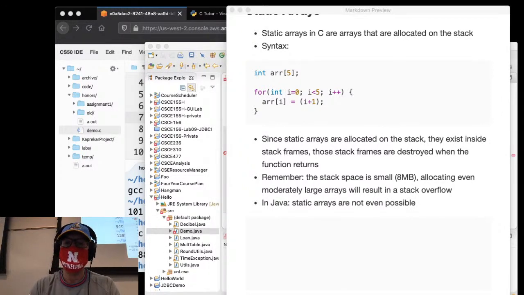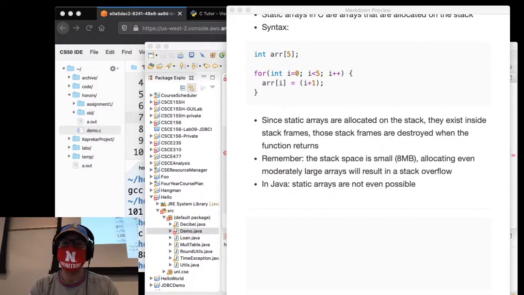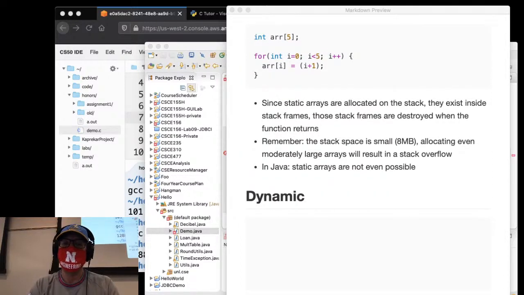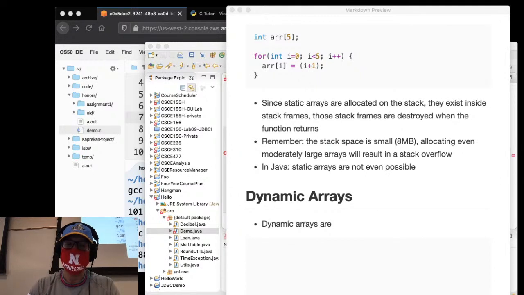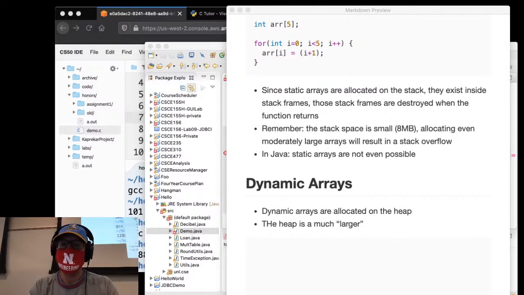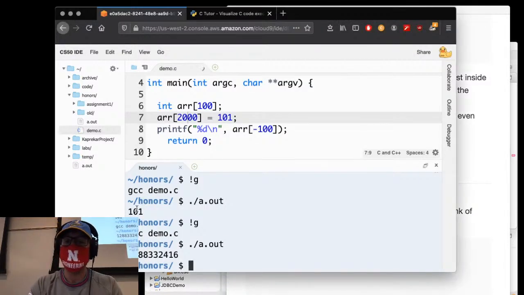So what's the solution? The much better solution is to use dynamic arrays, right? Forgive any misspellings, I usually correct them later on. Dynamic arrays are allocated on the heap, right? The heap is a much larger, but less organized chunk of memory. In fact, I'm going to run the same utility that I ran over here, ulimit, and